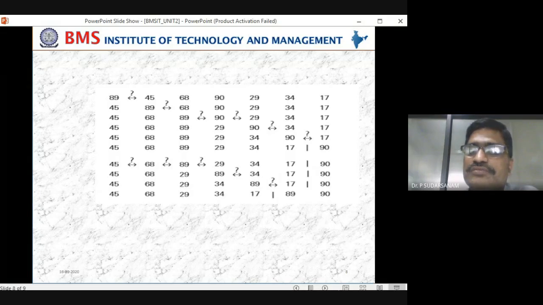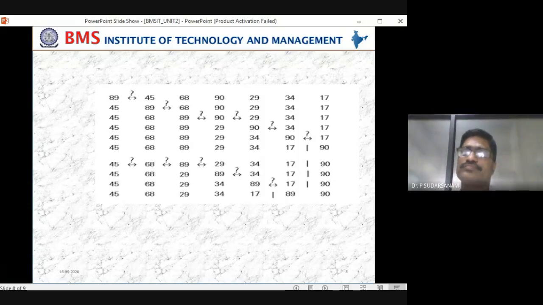Can you repeat now? He told it in a simple way. First iteration, finding the minimum element and placing it in the first location, and repeating the same process. And bubble sort is finding the maximum element in the given array, which will be moved to the last location, and repeating the process. That is the correct definition. So you have to learn the definitions, otherwise it is very difficult. You have to learn properly.